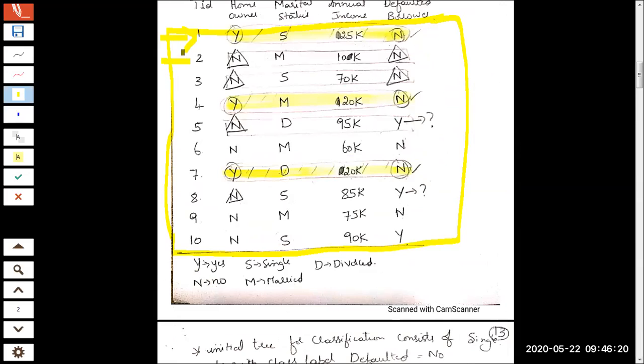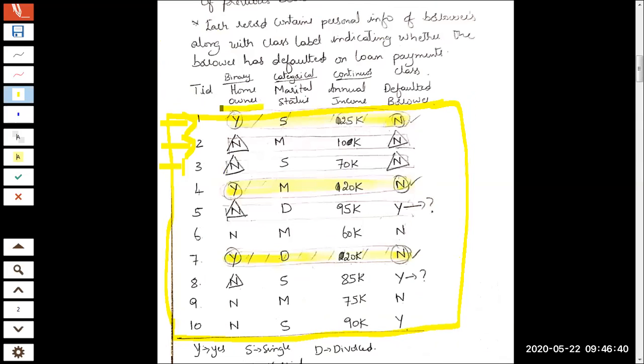Already I told you, your classifier, which is supervised, cannot work without training. It requires some training. How is training done? Training is done based on the previous records or data that already exists. So these were the previous observations that were recorded. These were a few attributes that were taken into consideration when deciding on the loan by the bank: whether he has his own house, his marital status, annual income, whether he has defaulted in his previous payments. All these things have been taken into consideration.